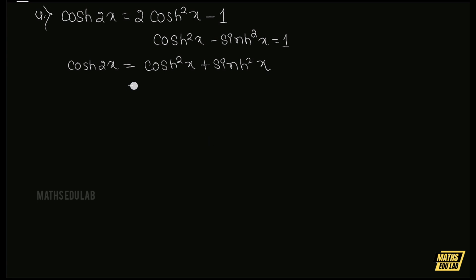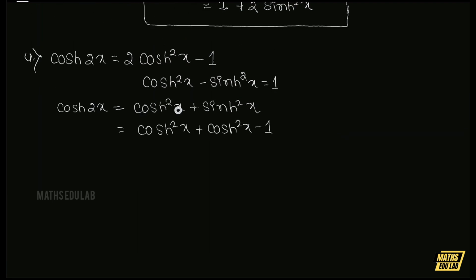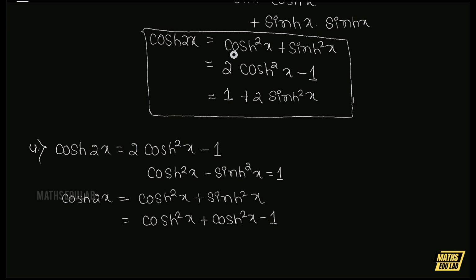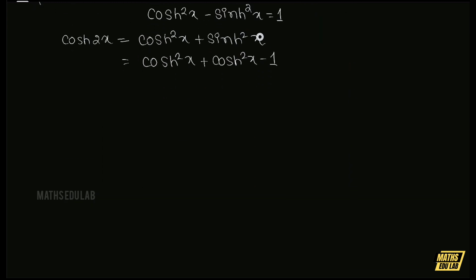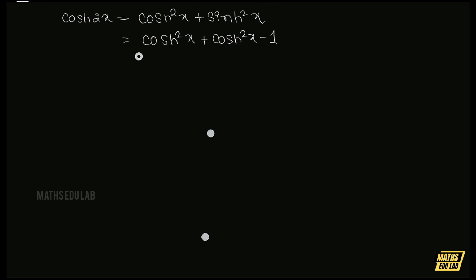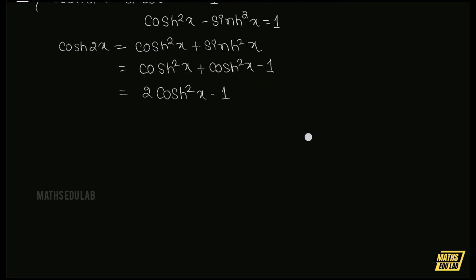Then, which is equal to, here I can write it as cos hyperbolic 2x plus cos hyperbolic 2x minus 1. I have written here the first formula of cos hyperbolic 2x. Then I have substituted the value of sin hyperbolic square x as cos hyperbolic square x minus 1. Then 2 cos hyperbolic square x minus 1. Then we got the second one of the cos hyperbolic 2x formulas. And the next one is